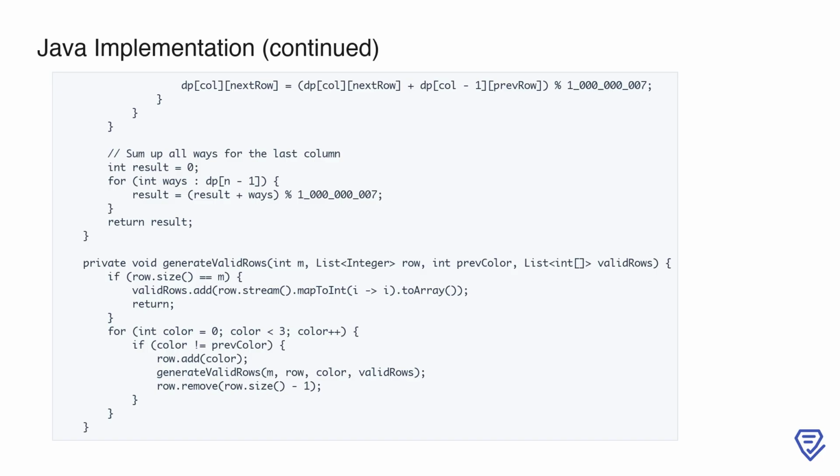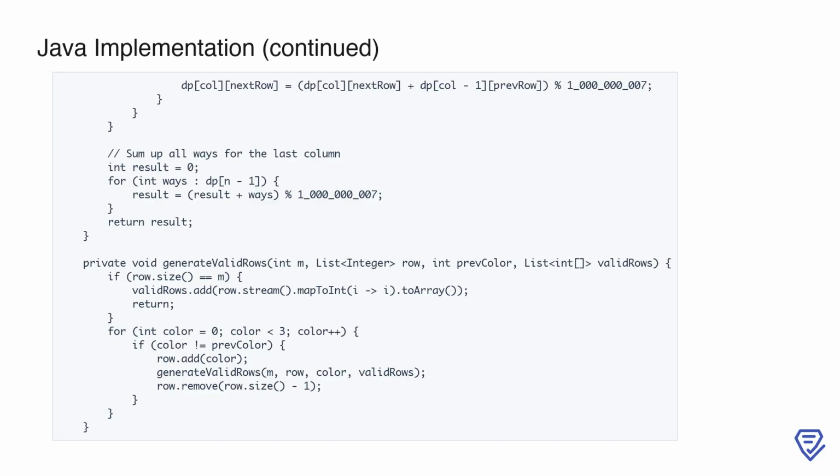For each valid row in the previous column, we calculate how many ways we can transition to compatible rows in the current column. This is done by updating dp[col][next_row], adding the ways from dp[col-1][prev_row], for all compatible next_row values. The modulo operation ensures that the values remain within the constraints of the problem, avoiding overflow while adhering to the modulo